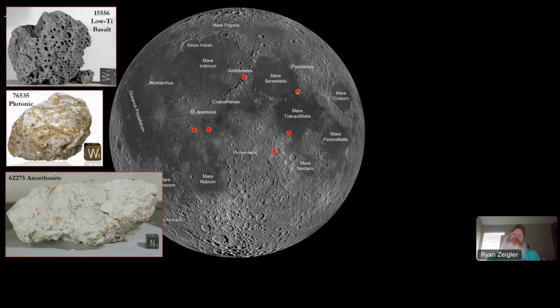Now, if we start to look at some of the different rocks that were brought back from the moon as part of the mission, here are some of everyone's favorites, the very well known. You've got the anorthosites that represent one of the major components of the highlands, we think. You've got the basalts that obviously compose the mare, and then you've got a few specialty samples like the one troctolite we have from the moon, 76535.